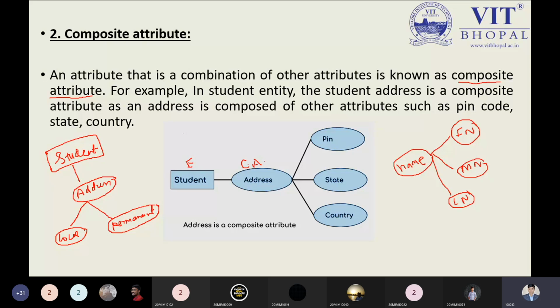And same example, we have the name. Name can also be categorized into first name, last name, and other name, any other thing if you are remembering. So you can explain it in a simple way over here. If you think this will be applicable as composite, then we can. This composite attribute means we are combining the entire information inside one attribute, but if we need to filter out, then we can filter out. So that is known as the composite attribute.